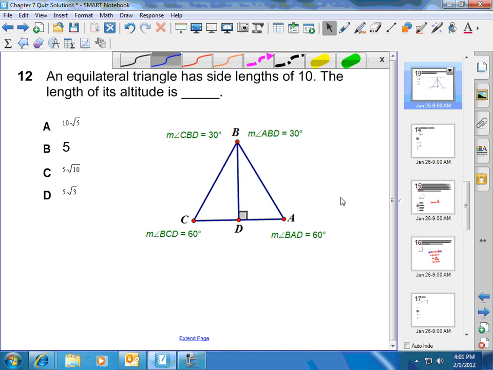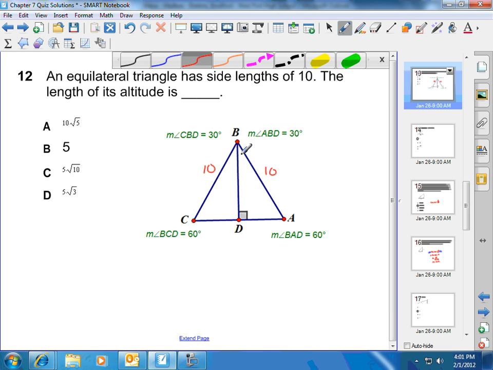Looking at number 12, we have an equilateral triangle with side lengths of 10. So this is 10 and this is 10, and it mentions having an altitude. What you need to remember with an altitude for an equilateral triangle is that it is also a perpendicular bisector and an angle bisector. So remember, these angles are 60 degrees for an equilateral triangle, so this angle becomes 30